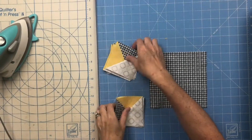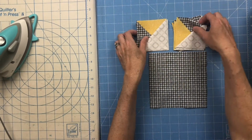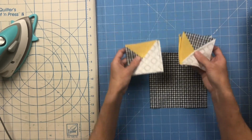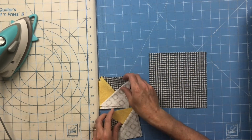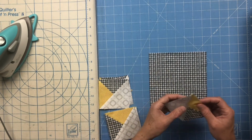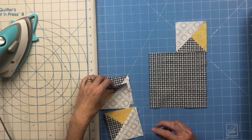So once you have all 8 of your star point units, these yellow, gray, and white units, pieced and trimmed to size, now we're going to put the block together. So remember how I pointed out that these are actually mirror images of each other with the placement of the gray and yellow? So I've got them sorted into 2 piles, and I'm going to use that to make my yellow star tips. So I'm going to take one from that pile